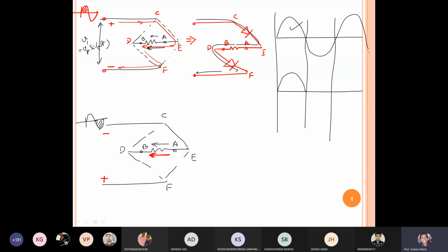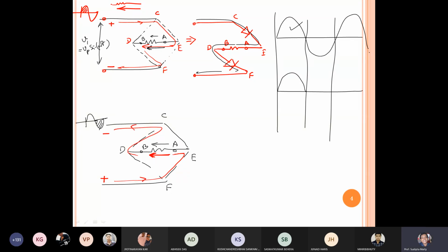It is my desired direction. We have already assumed current should flow always in this direction, across the resistance we are talking about. Okay, so in this case, obviously if I want to get this kind of current, the positive path should be connected in this way, then it should connect in this direction.